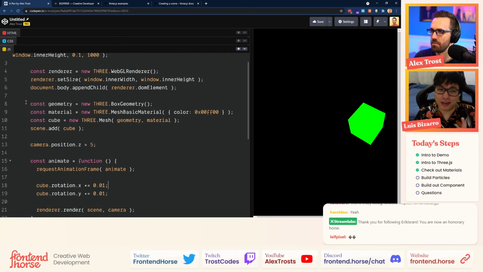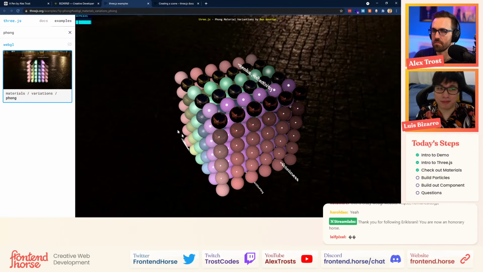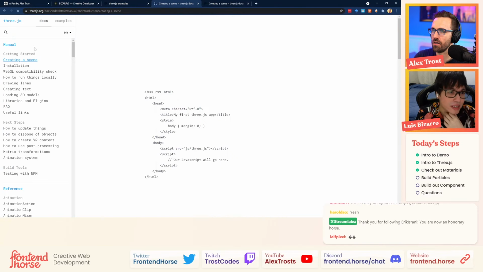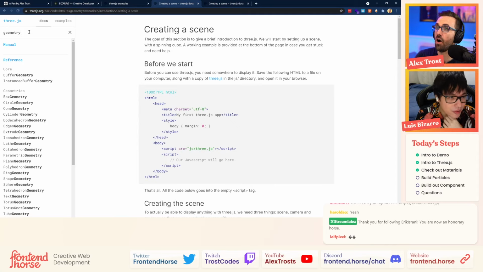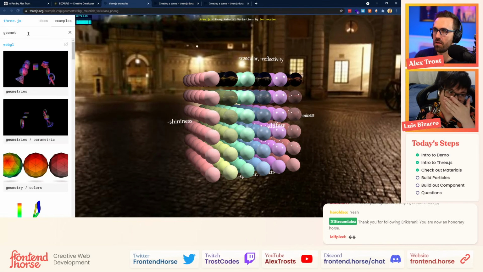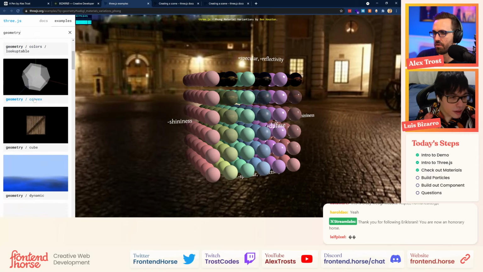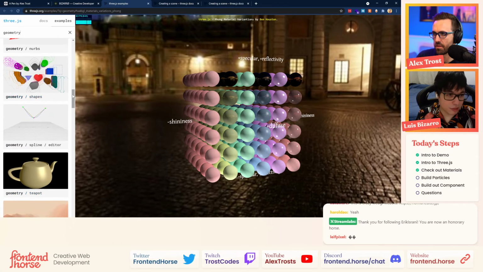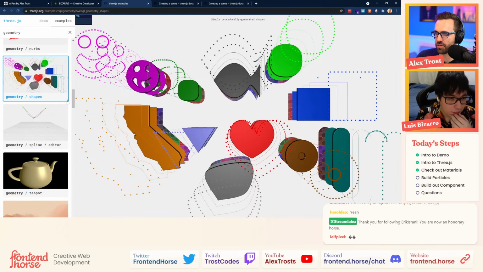I'm always going to reference back to the 3JS website because, as I have mentioned, it has all the examples that we need. If you search for geometry, you're going to be able to see all the different geometries that 3JS creates for us. You can search in the examples, or you can search from the API, checking the docs. So if you scroll down a bit, we are going to use the sphere geometry, because that's a popular one.